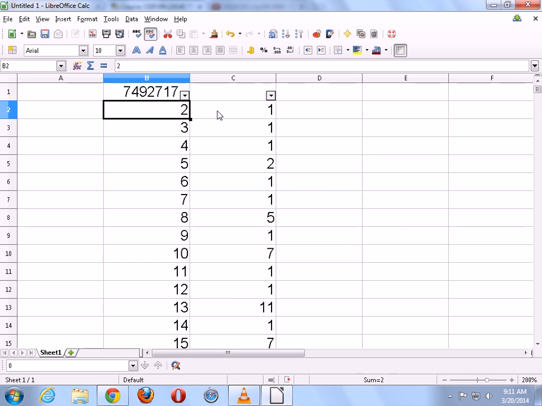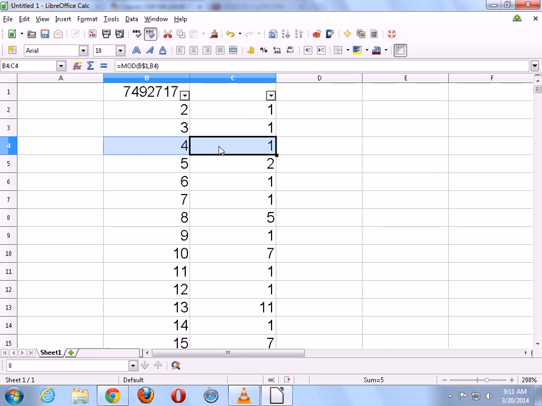I look at 1, I look at 2, it has a remainder of 1. So why would I even look at 4, which also has a remainder of 1? Because if 2 is not a factor of this number, 4 cannot possibly be a factor of the same number. Neither can 6, 8, and all the other even numbers.